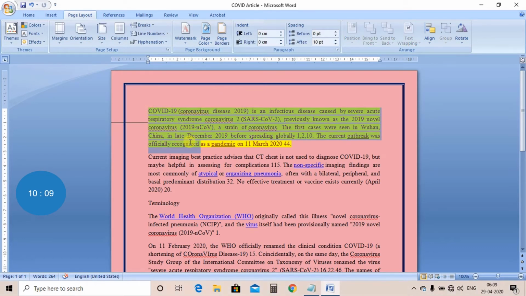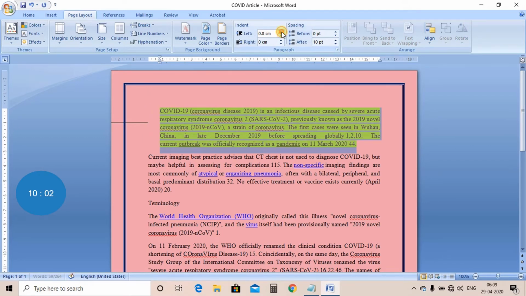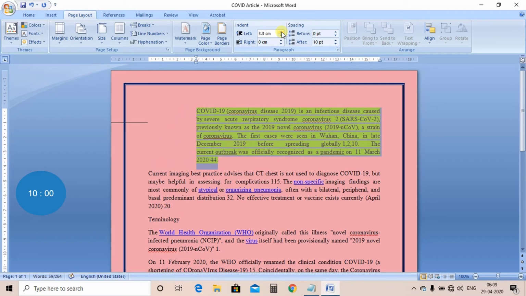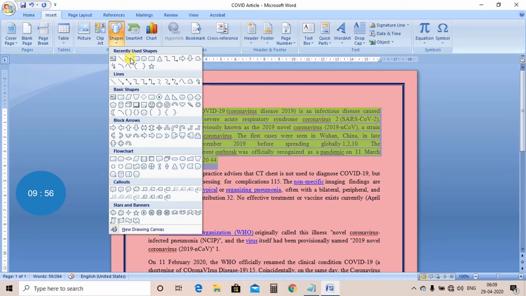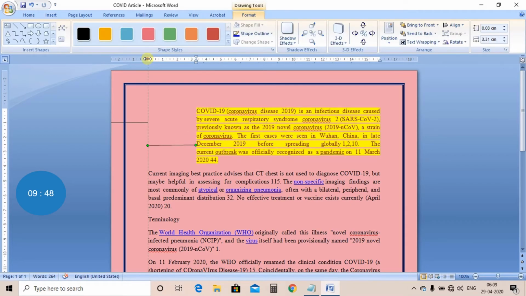Now suppose I have selected this particular paragraph and I am increasing the indentation. Now indentation means the space from the margin.